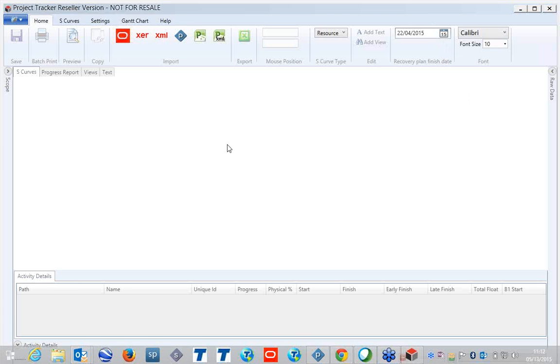The Project Tracker is a Windows-based application which can import Primavera, Microsoft Project, and Power Project files to generate S-curves in the project. When you have the installation, you can have a demo version, and you can use it for your own projects. When we first open this, on the home tab, we will find the Primavera import directly